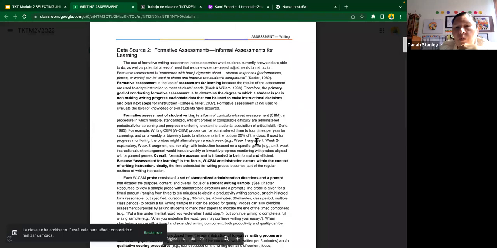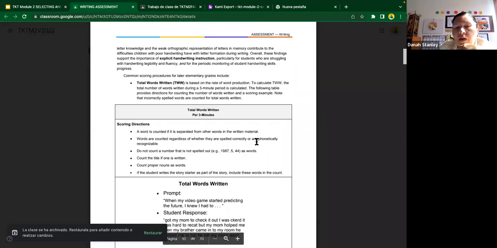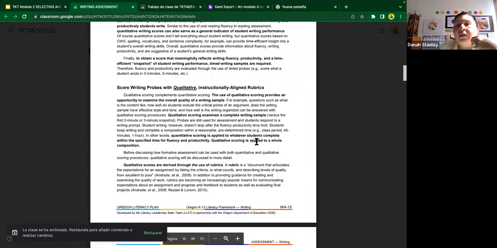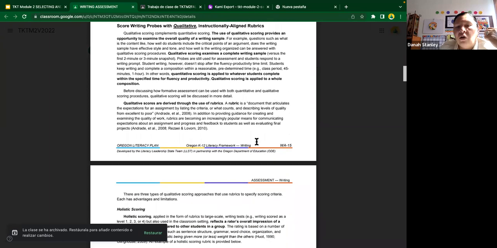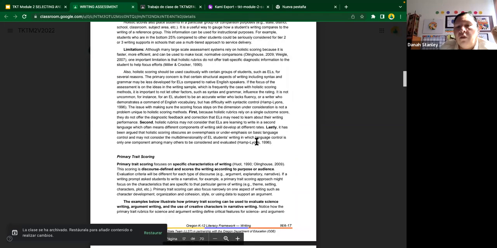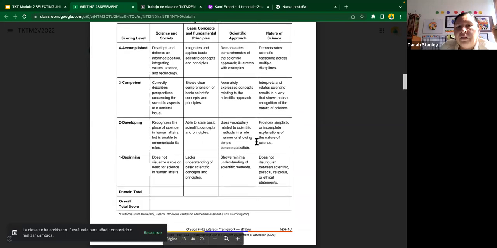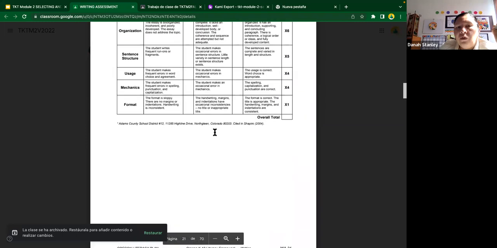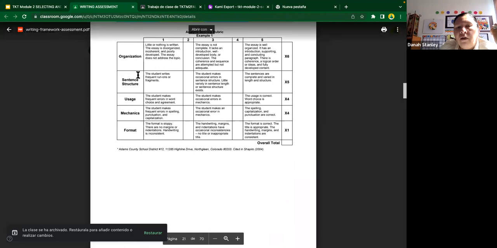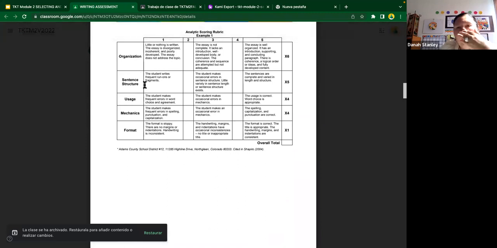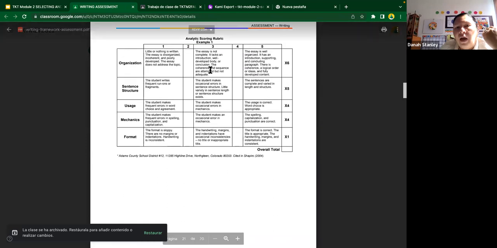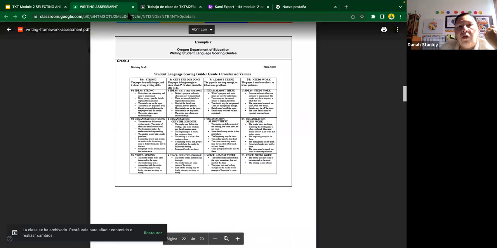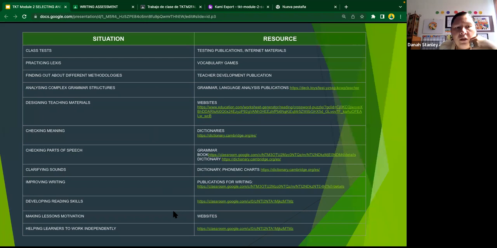It's for primary and secondary or junior high, but it's interesting because instead of thinking about the age, we can talk about the level. No, some of our basic students have this level. So if you just leaf over the paper, you can also have more ideas about what to evaluate in your students, and maybe use these rubrics or modify them and adapt them to the necessities you have. Okay,